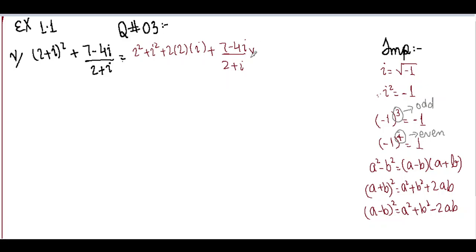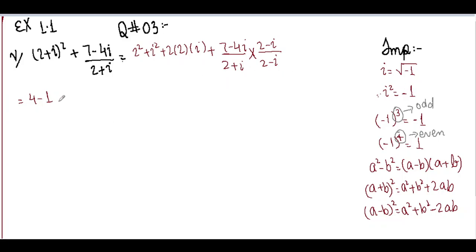We have to multiply and divide it with the conjugate of the complex number in the denominator. Now its conjugate would be changing the sign of the imaginary part. Imaginary part is this one and its sign is this one. We have to change this sign, so it becomes (2 − ι) divided by (2 − ι). So moving towards the next step, 4 − 1. We have written ι² as −1. Why do we write it? Because here we have seen that ι² equals −1.